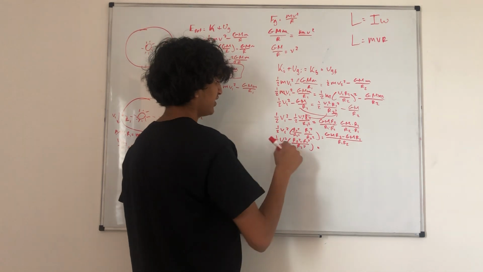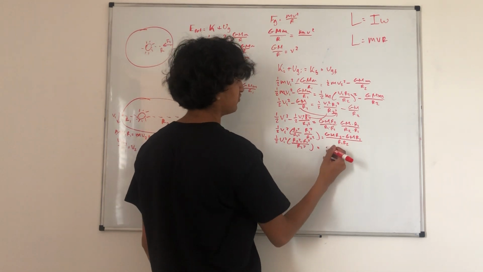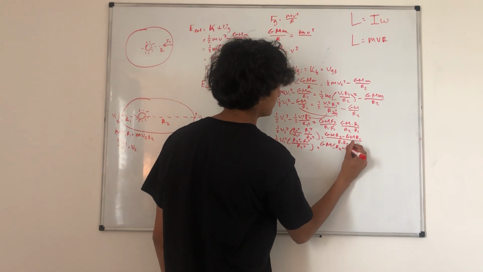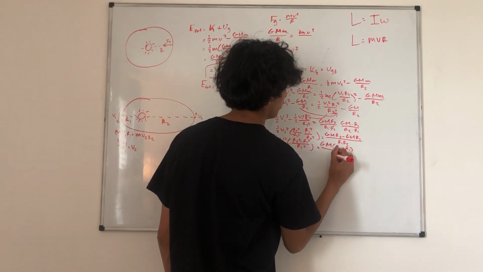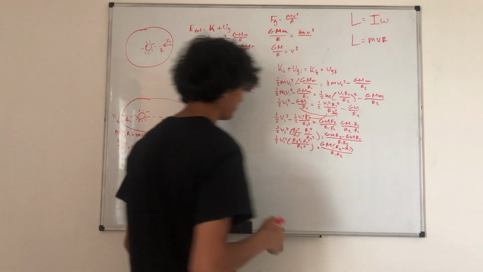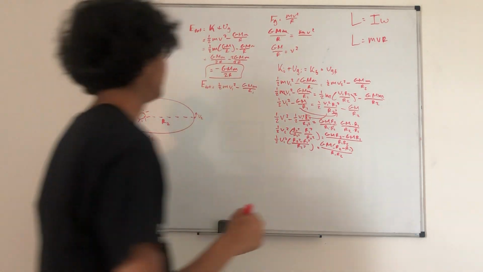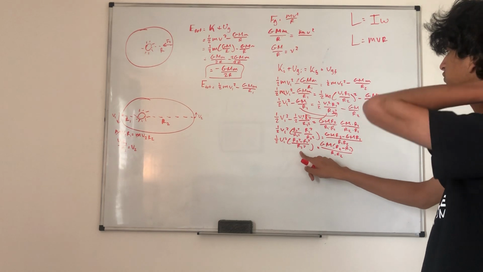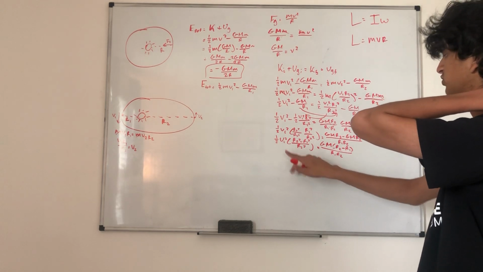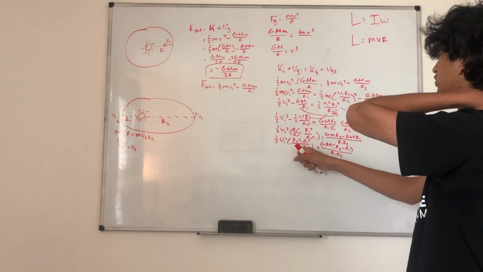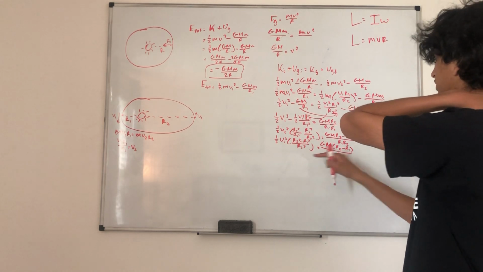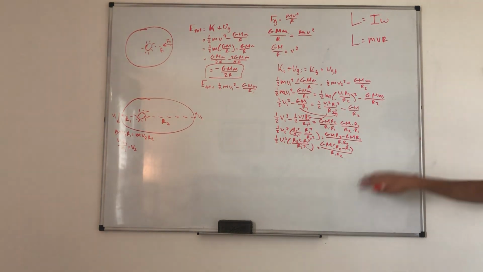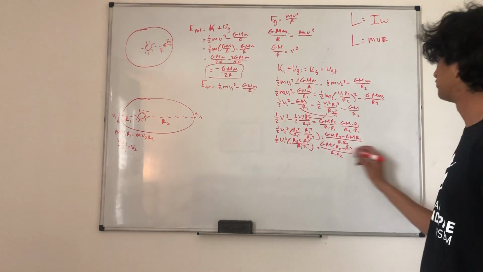Okay, so this looks good. Then we can actually just factor out gm times r2 minus r1 over r1 r2. So yeah, now this is kind of getting somewhere. This is a fraction, so if we want to get rid of this fraction on this side, because we're isolating v1 squared, you can multiply by the reciprocal. We can just multiply by the reciprocal here, and multiply by the reciprocal here. So the reciprocal of that is